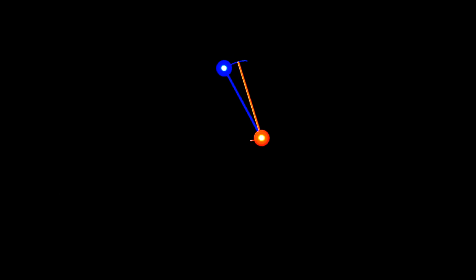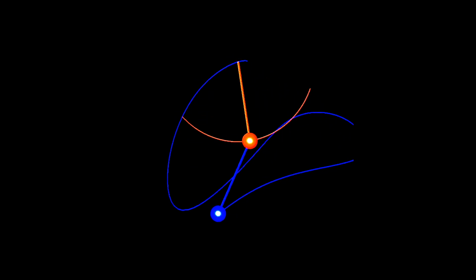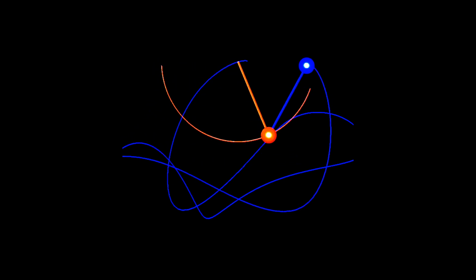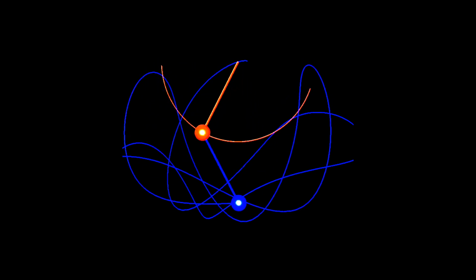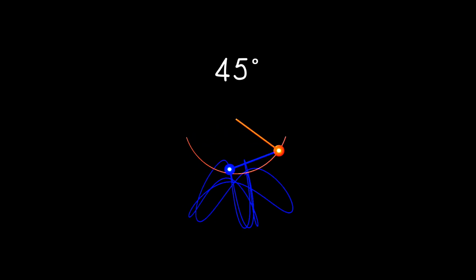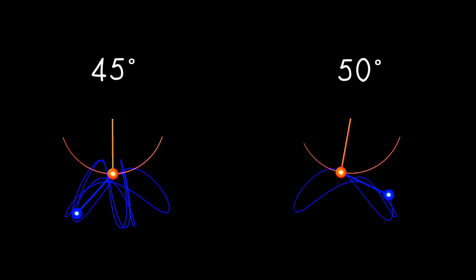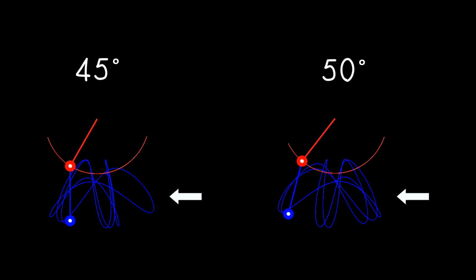When you swing the double pendulum, in the start, the motion and the trajectory of the second pendulum is quite predictable. However, over time, the motion in the direction in which the second pendulum travels is almost unpredictable. In this case, a double pendulum is swinging with an angle of 45 degrees. Let us change the angle to 50 degrees and let's compare the change in the swing pattern. Comparing the results, we see that the pattern of the second pendulum is completely different with a minor change in the angle. Therefore, the double pendulum undergoes a chaotic motion and shows a sensitive dependence on initial conditions.